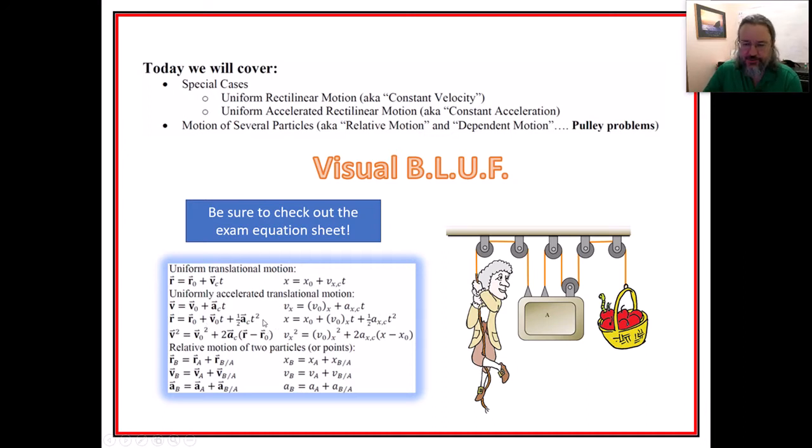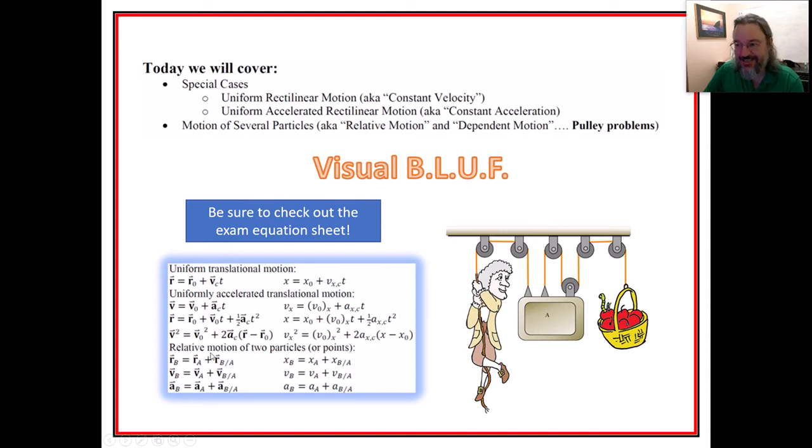And they're only applicable when either velocity is constant, which they're calling uniform translational motion right here, or when acceleration is constant, which is these guys right here. I've written them in vector form, but also in scalar form if we're just dealing in one direction. We also have relative motion, which